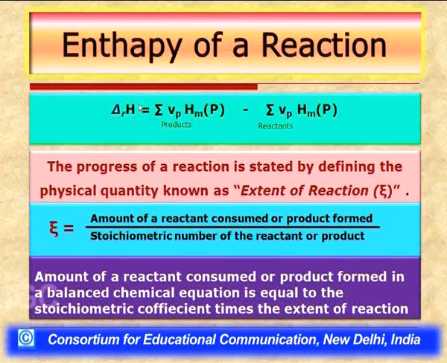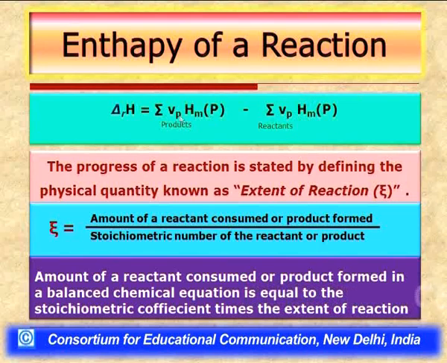If you remember, in the textbooks up to class 12th standard, you would have seen this formula that specifies ΔrH, the symbol for reaction enthalpy, or the enthalpy change of a reaction, that can be estimated as the difference between the sum of enthalpies of the products and the sum of enthalpies of the reactants.